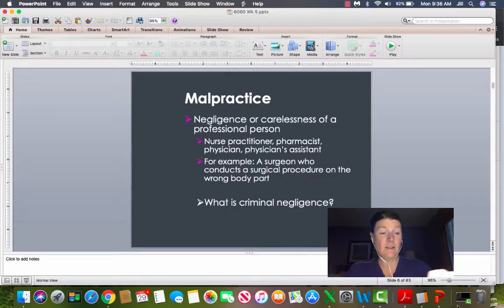So malpractice is very specific. It's considered negligence or carelessness by a professional. So in our world, we're talking about nurse practitioners, physicians, physician assistants, pharmacists. Our example that we have here on the slide is someone that conducts a surgical procedure on the wrong body part. It's considered negligence under the tort law, but there's very specific negligence called malpractice, which is specific to those professional people. And as we look at our discussion this week,